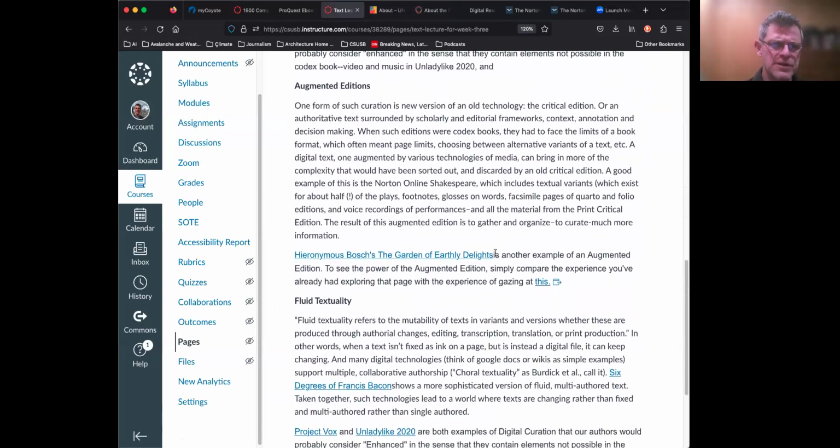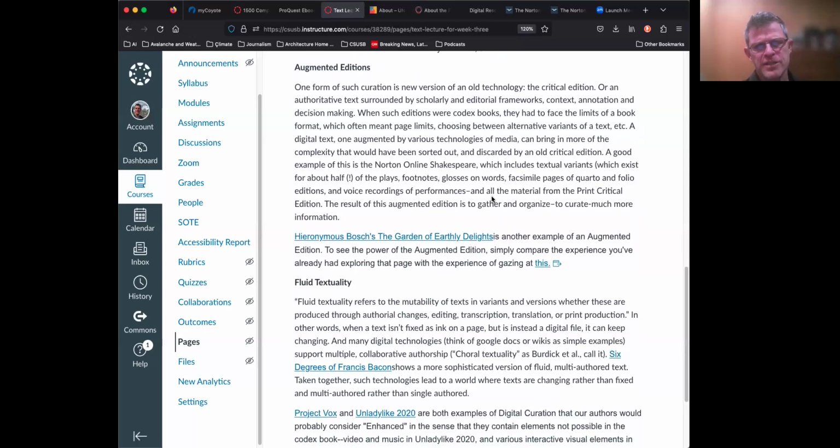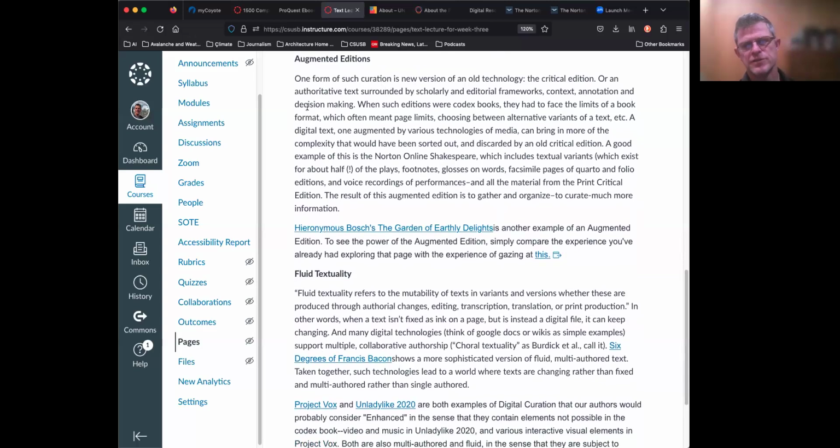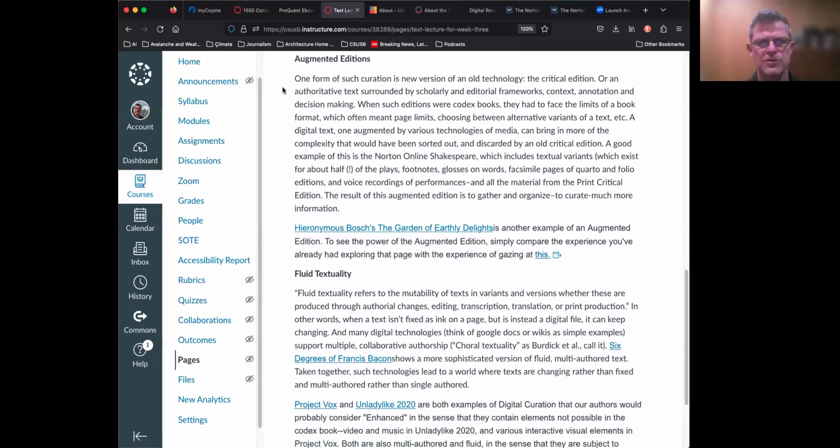So they talk about augmented editions in reference to something that will almost certainly be familiar to you, which is a critical edition. If you've taken a literature class where you've read a literary classic that has essays in the back and footnotes, for example a critical edition of Shakespeare, then you've seen this, right? What a critical edition is, is an authoritative edition of a text that's surrounded by a framework produced by